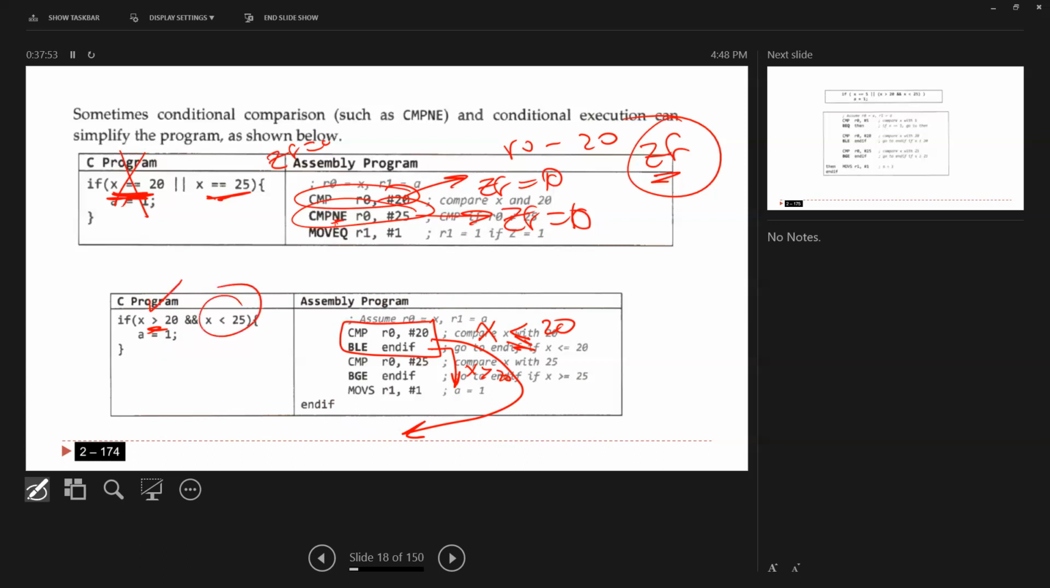Now I'm going to look at the second one. Again, as you see here, I'm going to check the second one. If the second one is false, false means greater or equal. So here I'm going to say if it is greater or equal, go to endf. Okay. The only way to come to here,